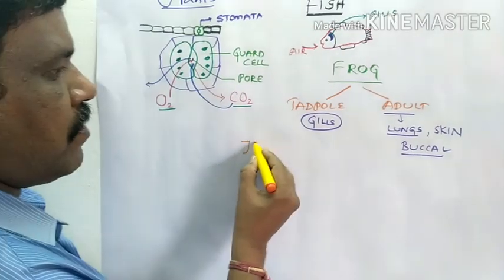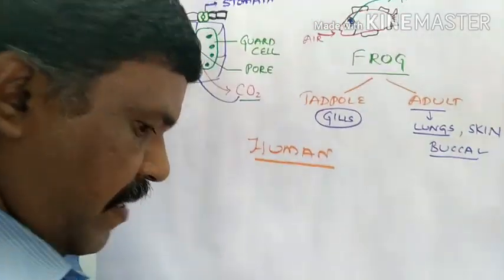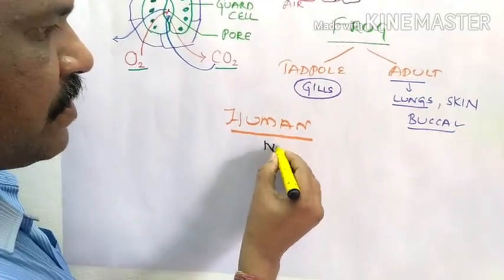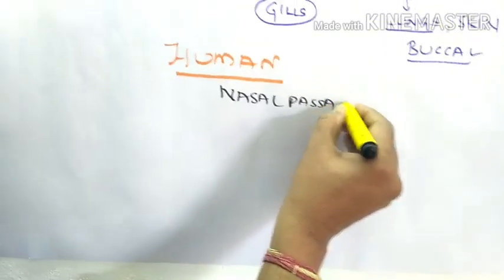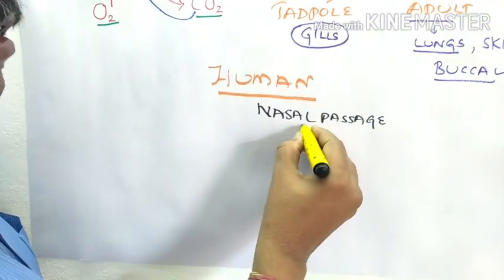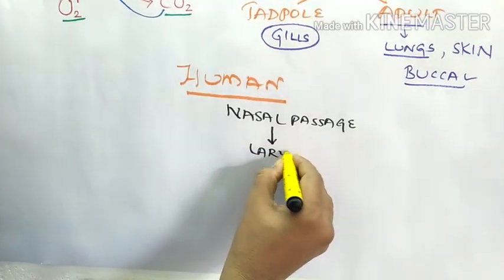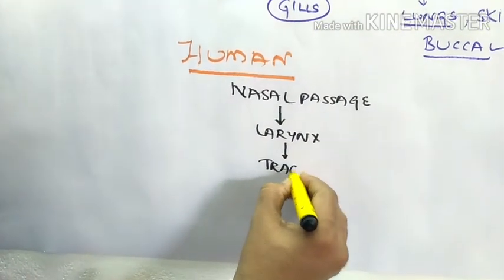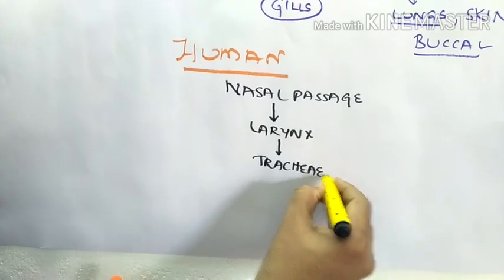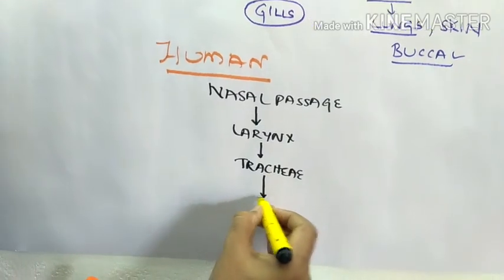Okay. So we are talking about the human body. In the case of human beings, as we have seen in the figure, the air is going from the nasal passage. The directions you should know. From the nasal passage, it's passing into the larynx, right? And from the larynx, it's passing into the trachea. It's a cartilage, this is called the windpipe, I can tell you. And from this, it enters into the bronchi.